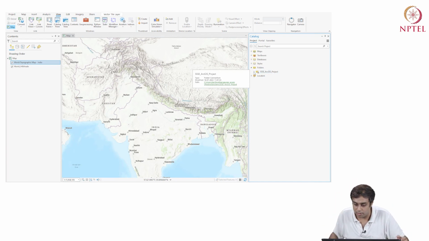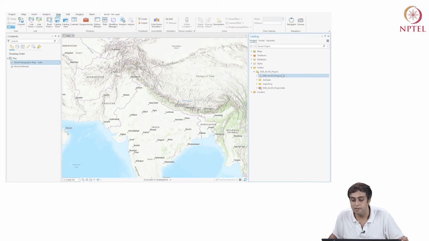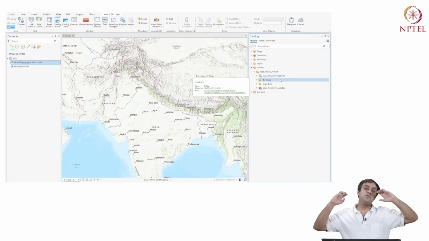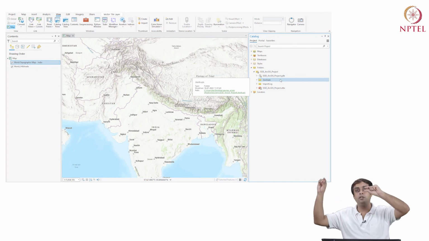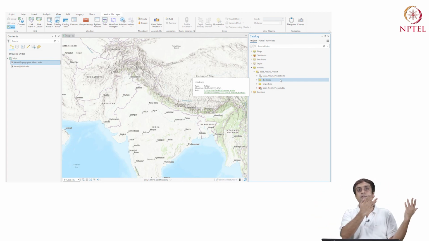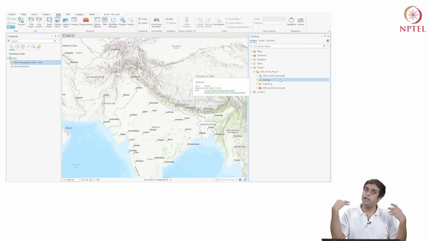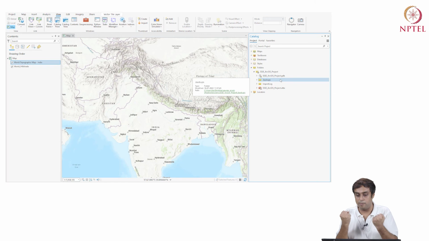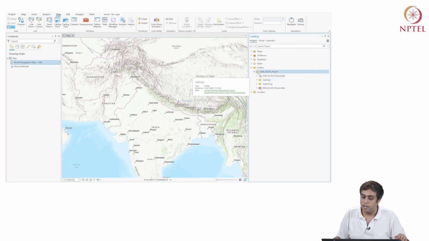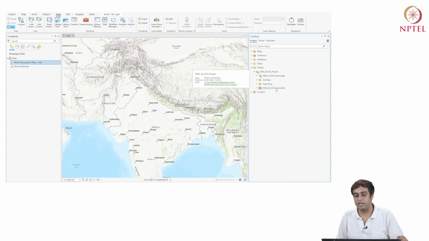Let me just click on the arrow here to see what happens. Okay, so this has SSSE ArcGIS project.gdb. Now this geodatabase, GDB is geodatabase. If you want to take the full project from one machine to the other, you take the GDB file and run it there. The GDB file will take all the information, so let's say you have multiple, like 5 layers that you have worked out, it will contain all 5 layers. So it's a compressed geodatabase. Now the project has other files, right? The project has many other files which contain different information.